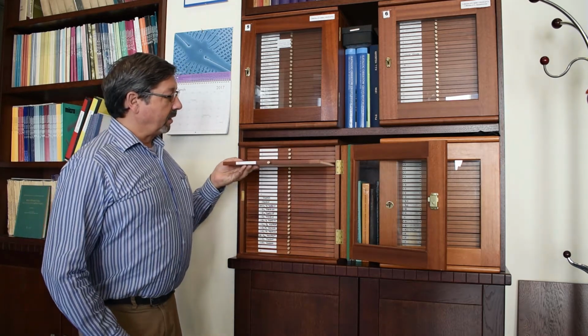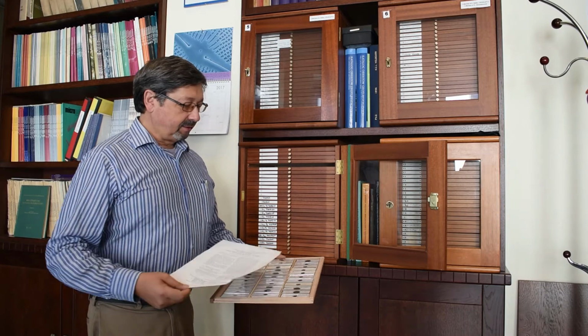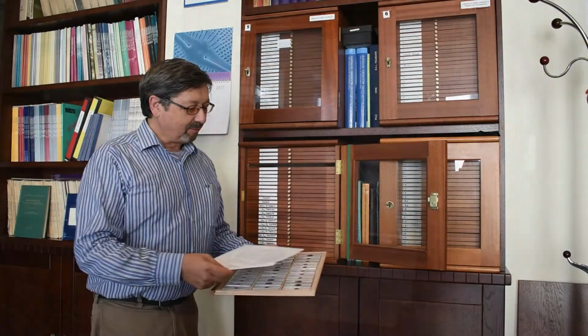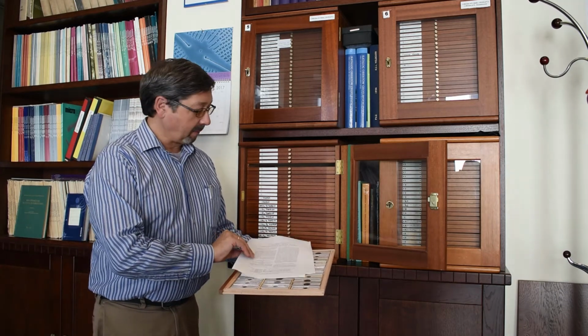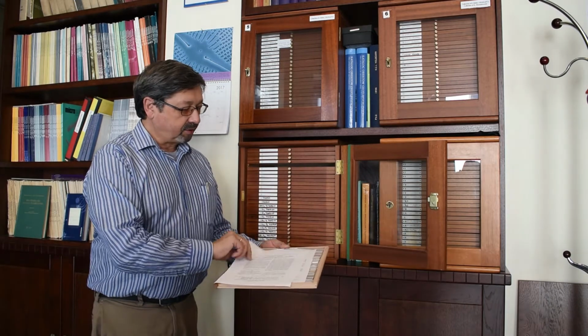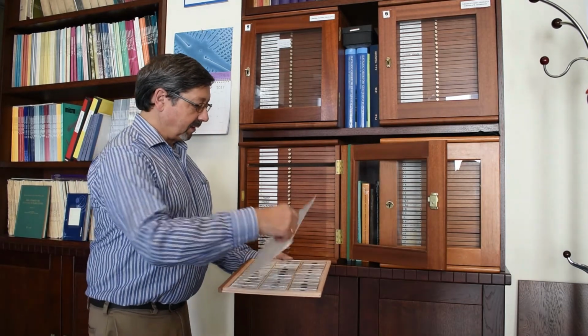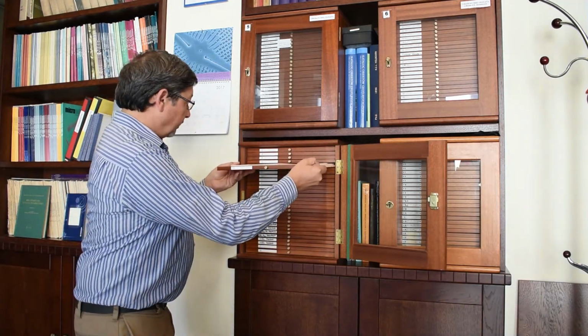This is an example of the collections of the European Micropaleontological Reference Center. The microscope slides themselves are housed in drawers in these wooden mahogany cabinets. And in this cabinet, for example, we have type specimens of species that were described in the literature by various authors. We have the slide here, for example, these may be paratypes or even holotypes. And we have the first page of the article in which the species was published. So, for example, Anderson Olina of Neago specimens are here in this drawer. And we are in the process of making an electronic catalog of all the specimens and species that we have